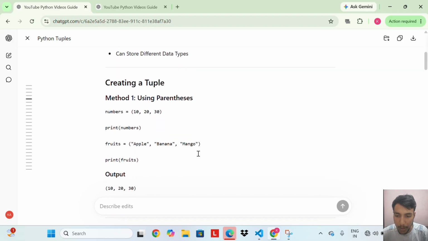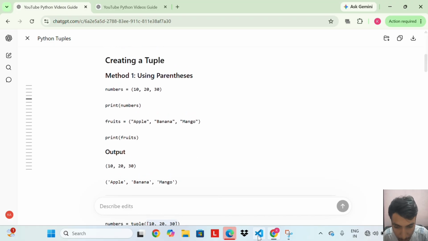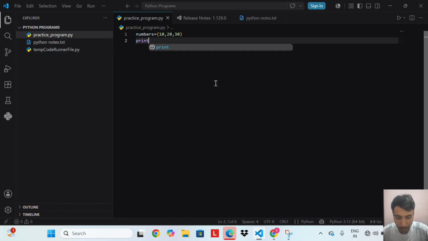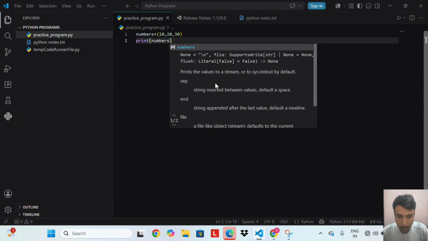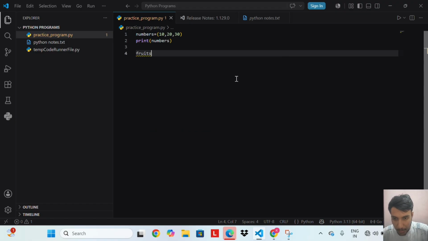Creating a tuple using parentheses. Let's do an example of creating a tuple. numbers = (10, 20, 30), print numbers, and one example of a string: fruits = ("apple", "banana", "mango").